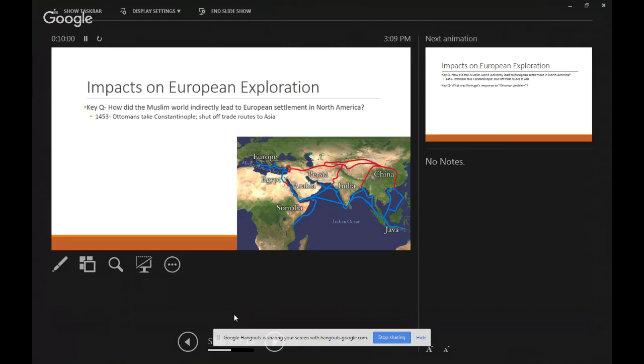Thank you. There will not be any more Europeans coming this way to get any of those trade goods. So they have got 2 choices. Number 1, say goodbye to silk. Say goodbye to silk, say goodbye to spice, say goodbye to tea, say goodbye to it all. Or option 2, find a different way to get to China and India. And that is where our story begins.